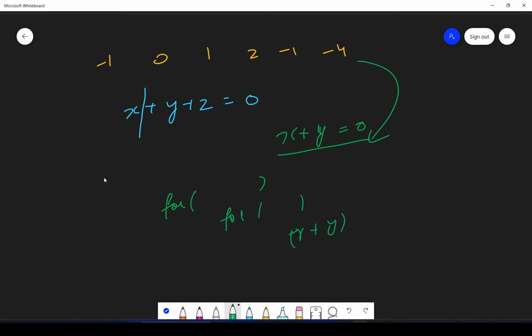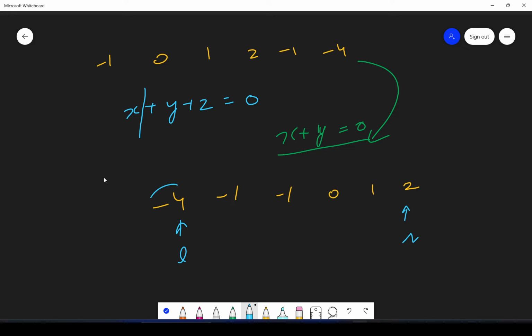Or you can sort this array. If you sort this array, it will be something like minus 4, minus 2, minus 1, minus 1, 0, 1, 2. We do not have minus 2. Okay, so if you sort it, then you can have one pointer here and another pointer here, because we are sorted now. Then you can compare whether the sum